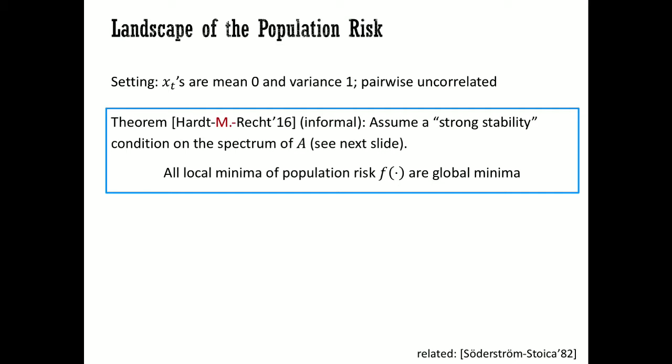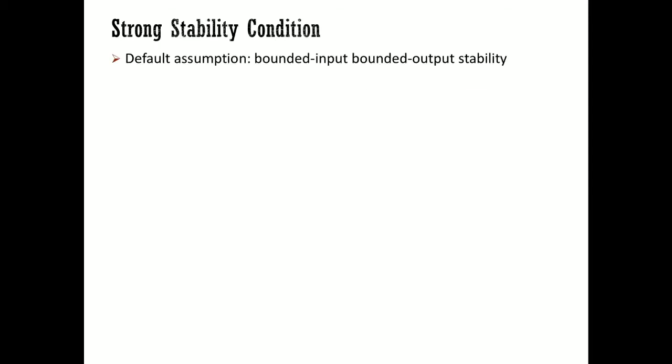So this also has the algorithmic implication that stochastic descent converges to a global minimum in polynomial time. So here the crucial thing is, what is this strong stability condition? Let me define it for you next. Towards doing that, I may first discuss the kind of default assumptions that we want to make